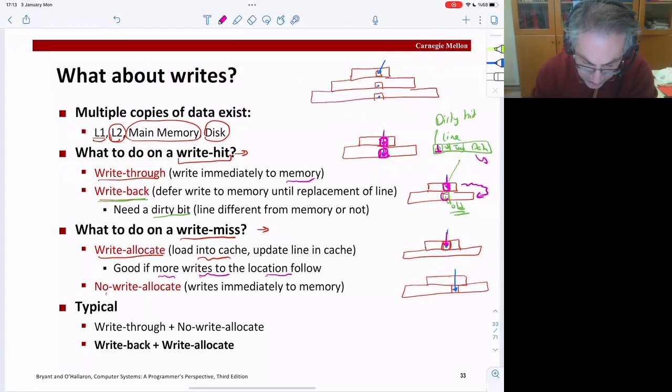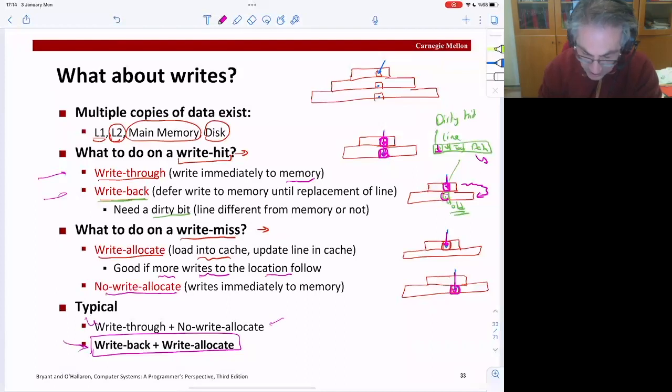The other option is no write allocate. In this case, you don't bring it into the cache, but you immediately write into the main memory. Typically, when they tell you what type of cache you're using, they tell you whether it's a write through cache or write back cache, and so on. The typical way is write back and write allocate. This is more common. The other option is write through and no write allocate, but this is more common in